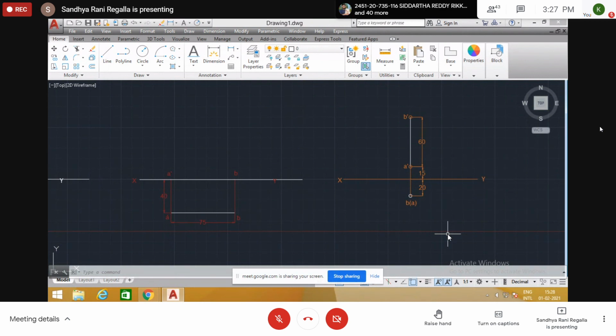Put it below XY. Length of line, the line is perpendicular. So draw a perpendicular line to XY, perpendicular to HP. That's why you draw the perpendicular line in the front view. Suppose it is perpendicular to VP, you draw a perpendicular line in the top view, that is below the XY line. But here it is with HP. Perpendicular is with HP, so we will put the perpendicular line above. The length of the line is 60 anyway. Like that, blindly also you can draw easily.